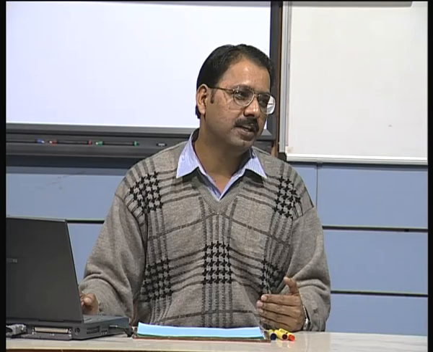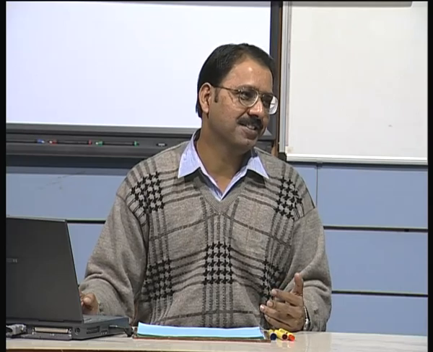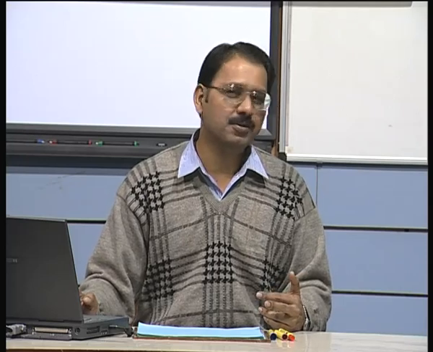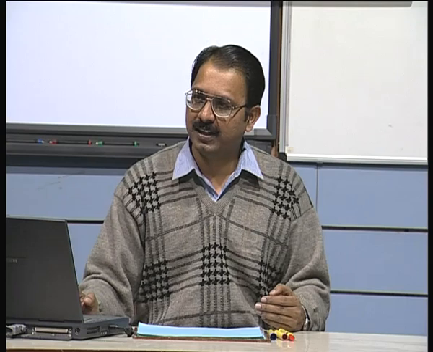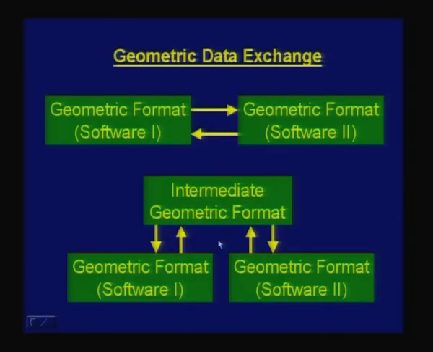No, you need between any 2 combinations. For example, 1 to 2, 1 to 3, 1 to 4. So, you need basically a 7C2. Okay. 7C2 is the combination into 2 because it is a bidirectional translator, whereas here I have 14 translators